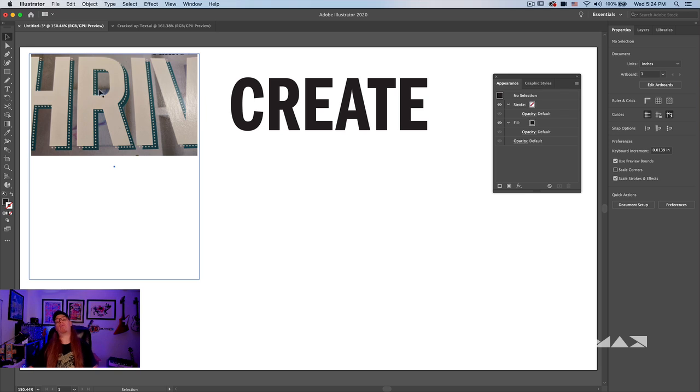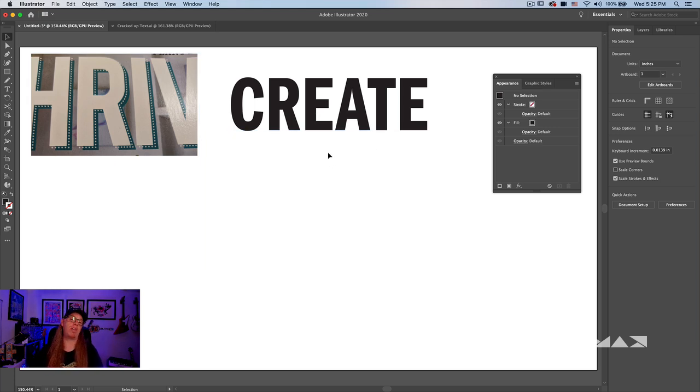Okay, so let's take a look at how we might create something like this title that I found on a magazine when I was out and about. I think I was at a dentist office, and I saw this title and thought, wow, that's really cool. I wonder how I might recreate that. Now, if you're looking at this and thinking, yeah, I would draw my type, I would copy and paste it, I would then stroke that, I would copy and paste again, do a nice dark fill, I would arrange and align these, there's nothing wrong with that approach. Although it is very hard to replicate if you have to make lots of titles for your project.